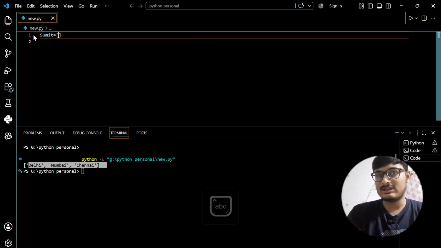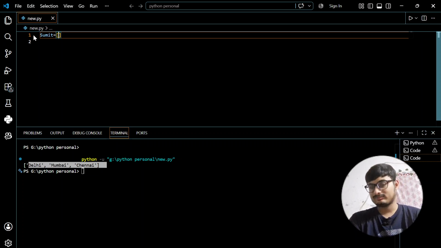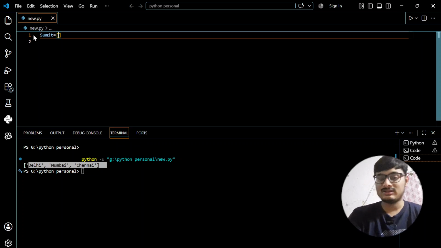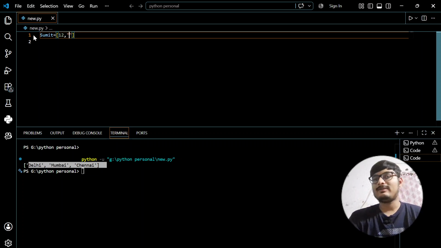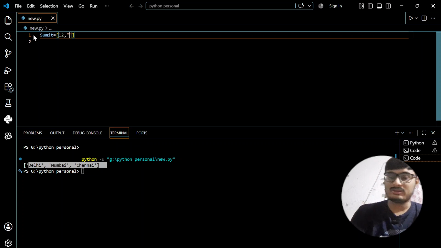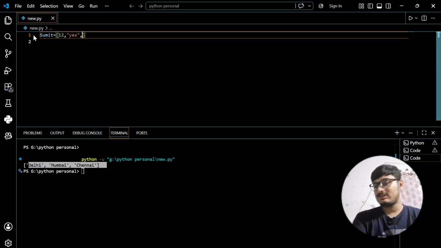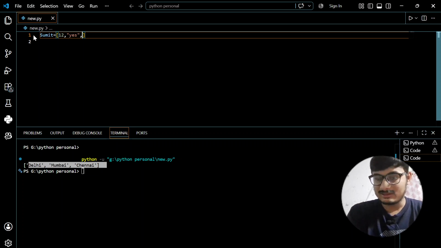We will store his name, his employee ID, which suppose is 12. Then I'm going to store his employability status, like is he employed or not. So it is going to be yes, which is a string. Then I will store his salary, which is suppose